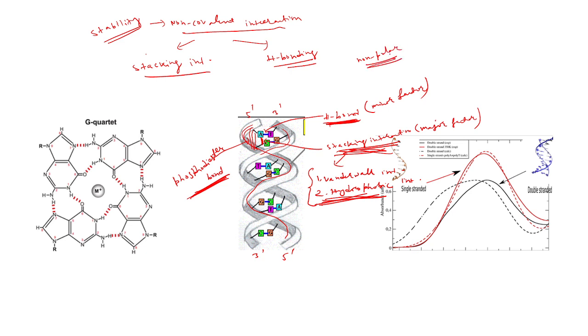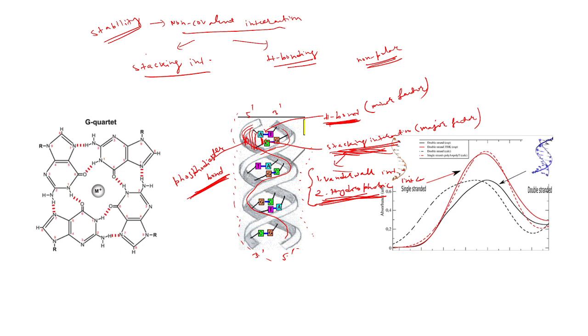But in the aqueous environment, in our body, mostly water is present, and water is hydrophilic. So a hydrophilic structure cannot interact with a non-polar structure. That's why the nucleotides are present inside. Outside, the phosphodiester bond is formed, and inside the stacking interaction is formed. So the stacking interaction, the van der Waals force and the hydrophobic interaction minimize the interaction of the water